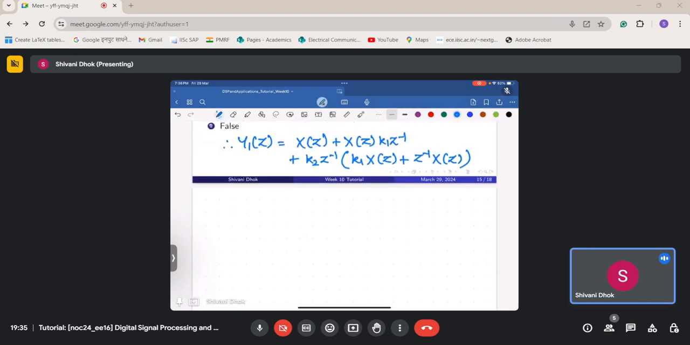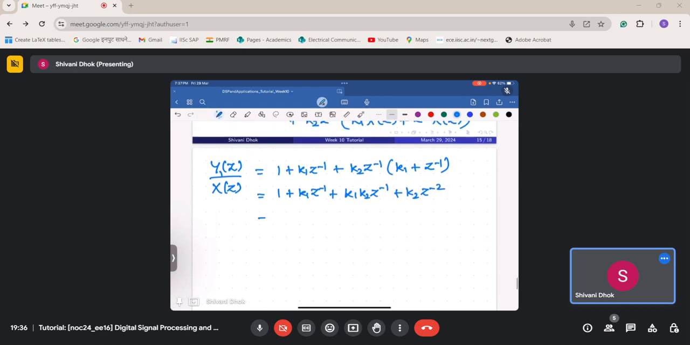So now I can write y1 of z upon x of z as 1 plus k1 z inverse plus k2 z inverse. Inside the bracket I have k1 plus z inverse. I can simplify it as 1 plus k1 z inverse plus k1 k2 z inverse plus k2 into z to the power minus 2, which I can write as 1 plus k1 into 1 plus k2 z inverse plus k2 z to the power minus 2. Now what is given to us is